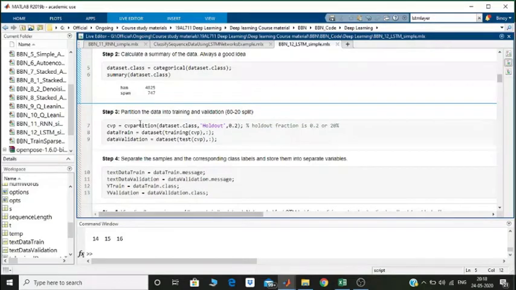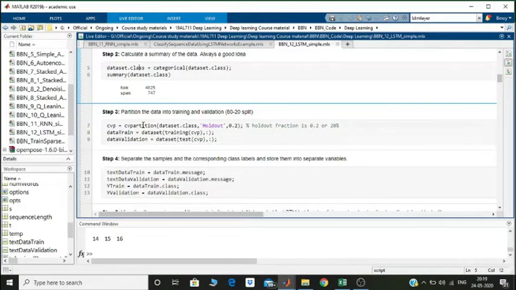Right? So next we go to step 3. Step 3 is to partition the dataset into training and validation, because the dataset that we have got is just a single file of a very large number of rows. If you remember, we have just seen the file in Excel. So what we want to do is use some data to function as the out of sample data and some data to work as the in sample data on which the model will be trained.